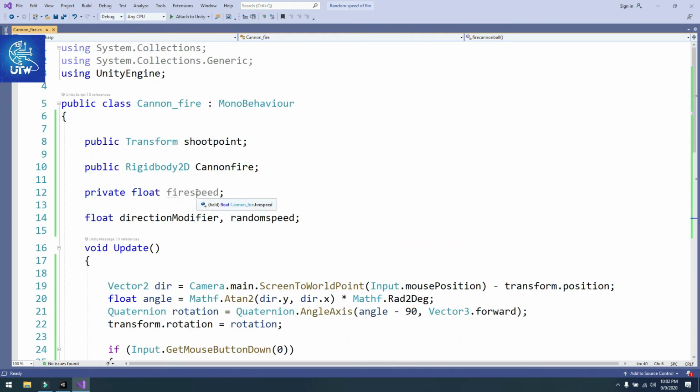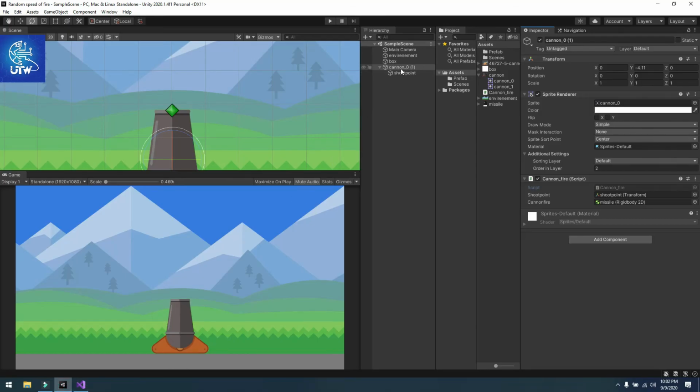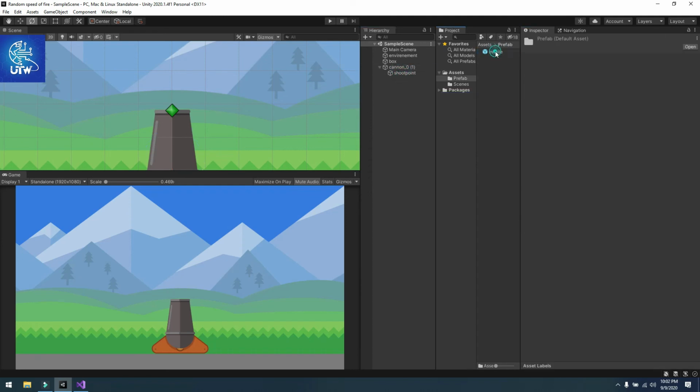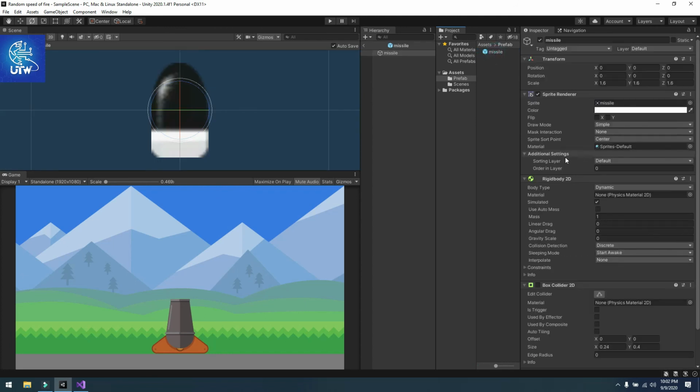Now save it, go to Unity and simply attach the script to your cannonball and drag and drop the shoot point and the prefab that I have created. This prefab simply has our Rigidbody attached. Sorry, this is the